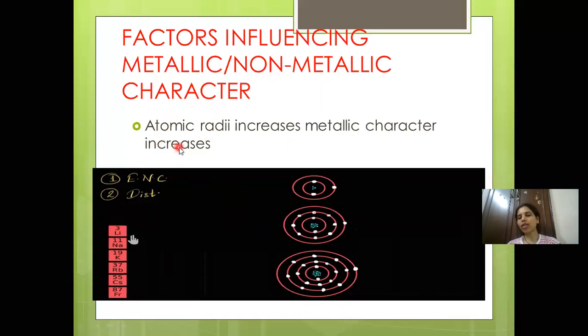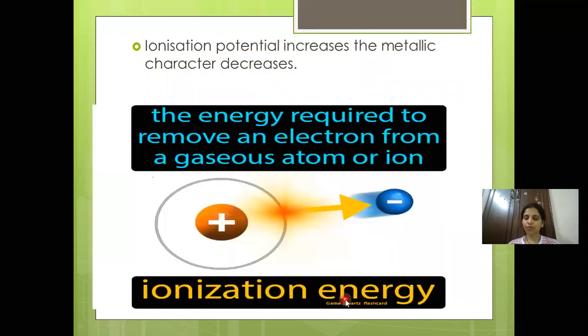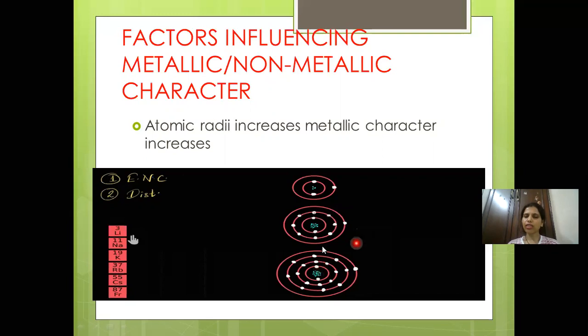So one factor is atomic radii. You can see over here, I have shown the difference in the atomic radii. Now, if you consider this particular atom, here the outermost shell electron is going to have more nuclear pull compared to this electron, which is in the second orbit. And if you compare the third atom, here it's going to be further less. So which particular atom is going to easily lose the electron? It will be the third one. Okay, this one.